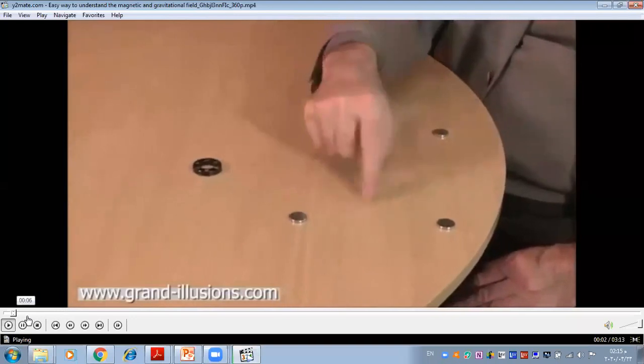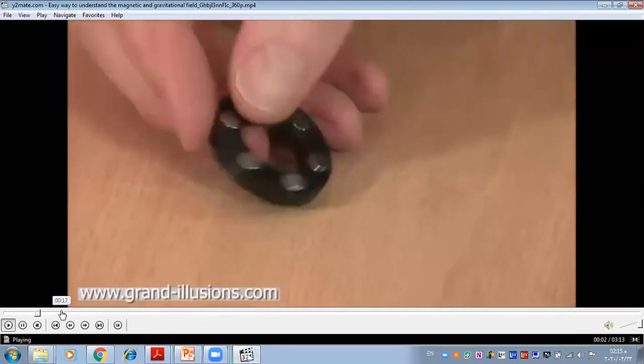Discs, which are very small magnets. And then curiously here we have a